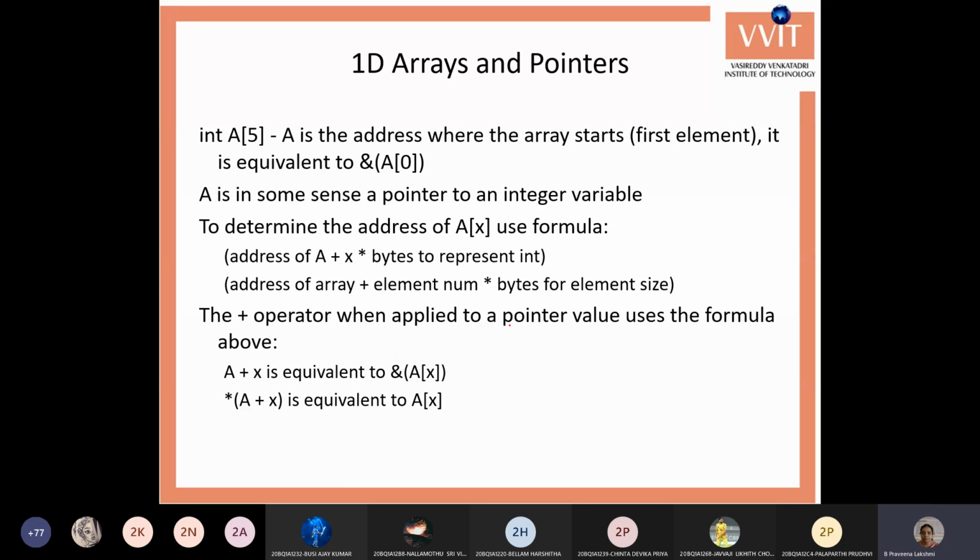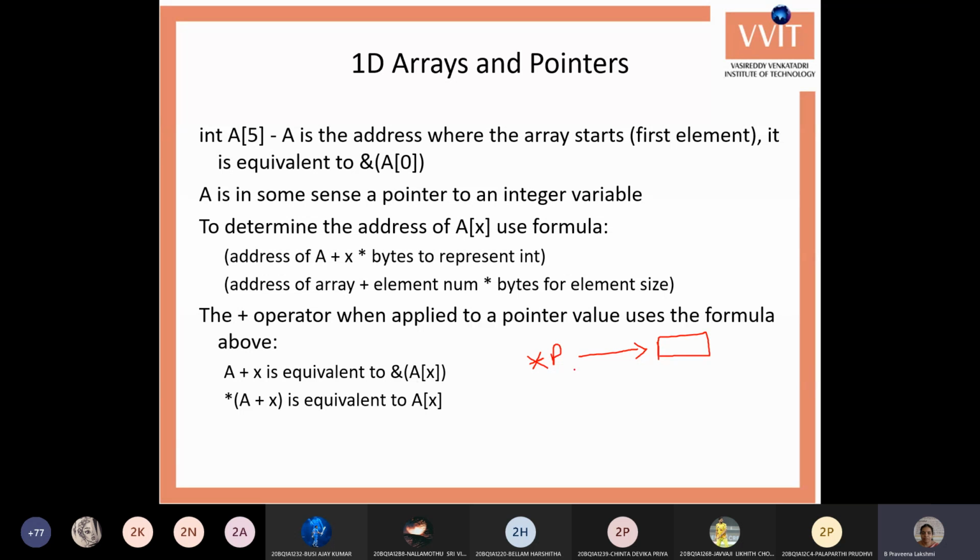Next is 1D arrays and pointers, that is, one-dimensional arrays and pointers. A single pointer can be treated as a one-dimensional array. For example, P is a pointer pointing to a particular location. Whenever you want to treat this as an array, you need to store multiple values in continuous memory locations.